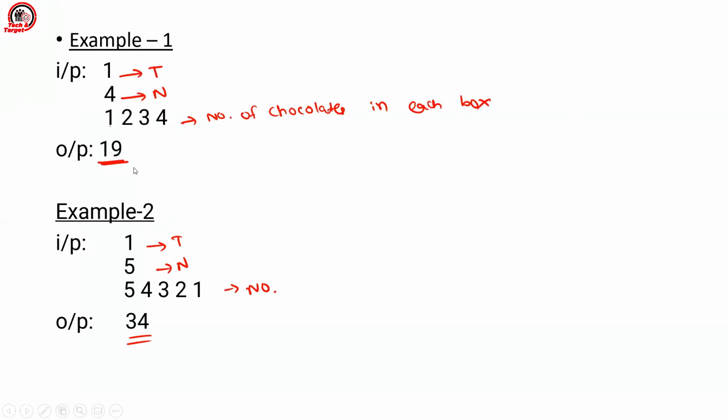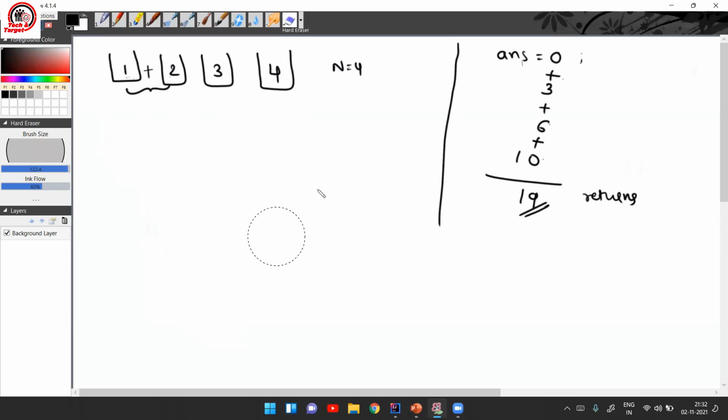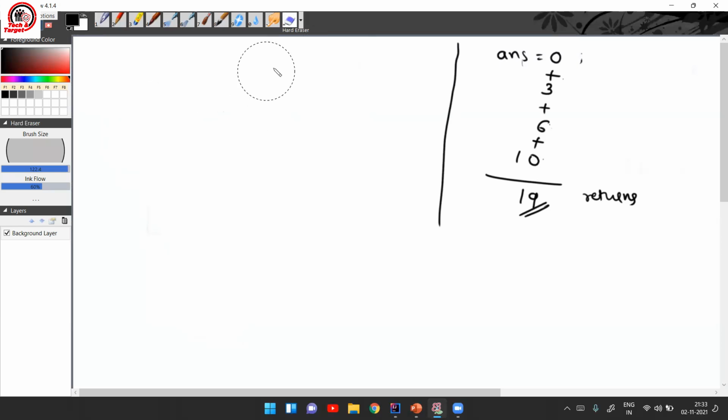Yes, that is the thing that we were required to solve. So we were able to get 19. But in the second test case, what was happening? Instead of 1, 2, 3, 4, we were given 5, 4, 3, 2, 1,